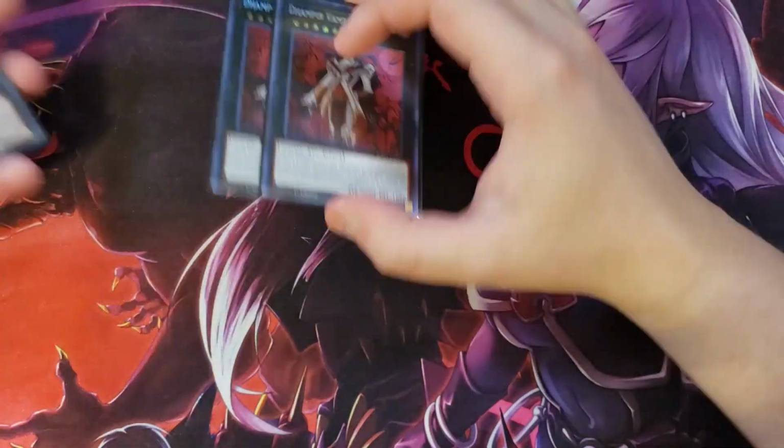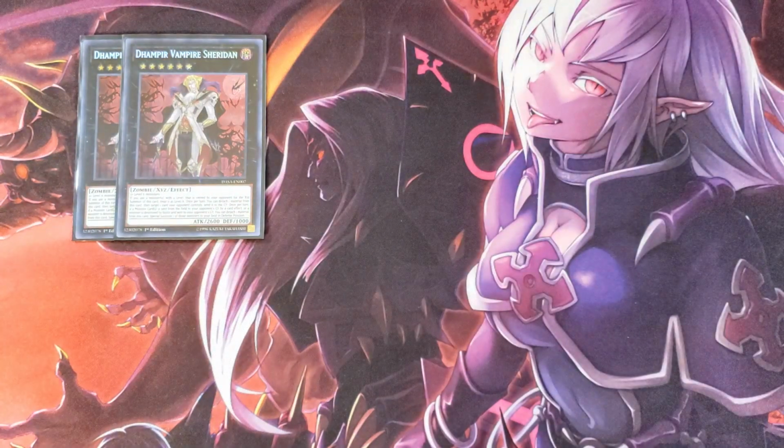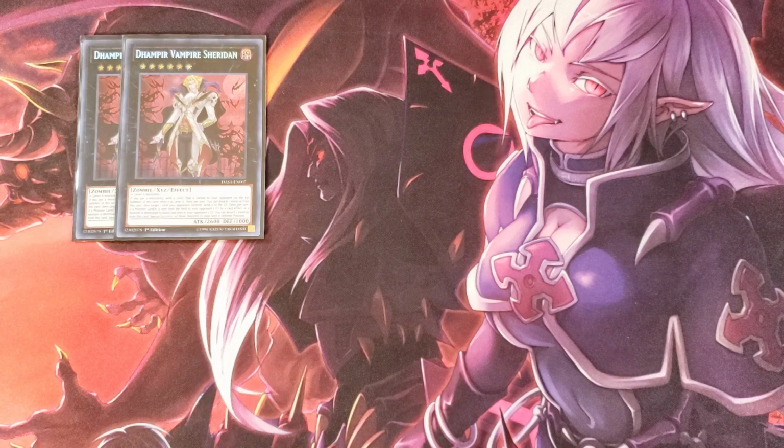Let's get into the extra deck. So for the extra deck, we're going to be playing 2 copies of the Vampire Sheridan. Vampire Sheridan is really good because if you're going to Xyz summon this card using an opponent's monster, you can treat that monster or monsters as a level 6, which is why Voivode is pretty good, because you can basically normal summon Voivode, grab 2 monsters from their graveyard, and then immediately overlay them both for Vampire Sheridan, which is